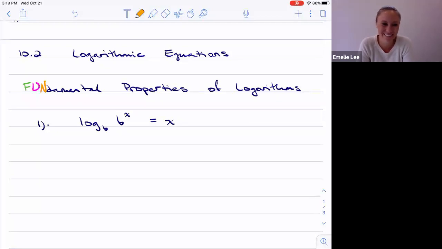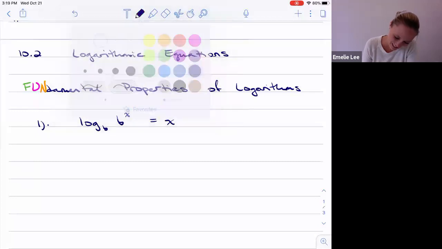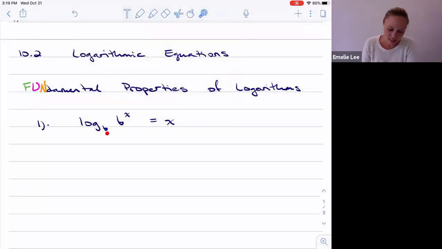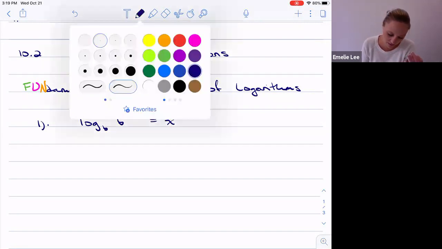Fundamentals. So what's this saying here? Log base b of b to the power of x is just going to simplify to x. How would we use that? Well, if I have something like